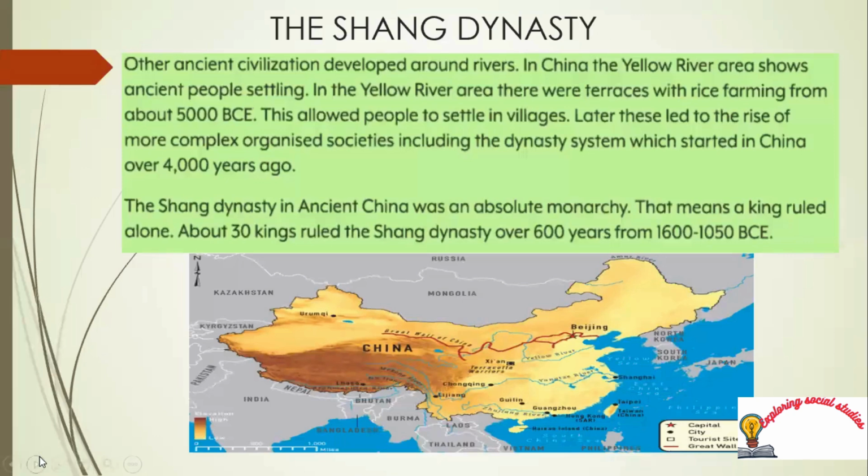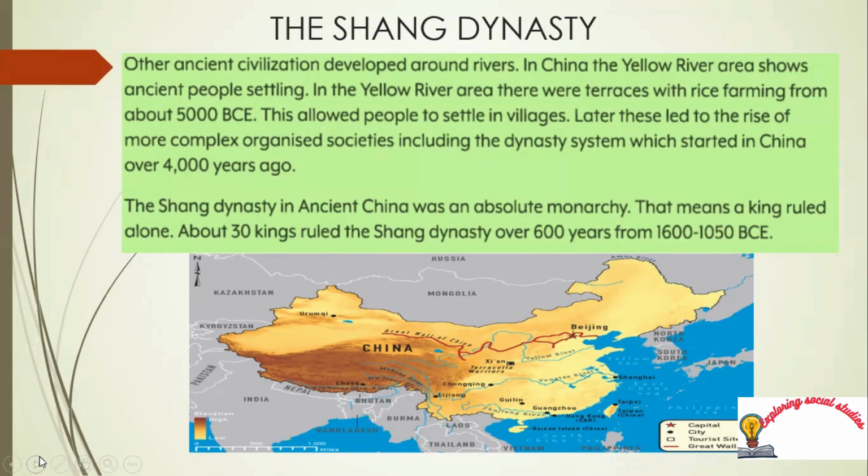The Shang dynasty. Other ancient civilizations developed around rivers. In China, the Yellow River area shows ancient people settling. In the Yellow River area, there were terraces with rice farming from about 5000 BCE. This allowed people to settle in villages. Later, these led to the rise of more complex organized societies, including the dynasty system that started in China over